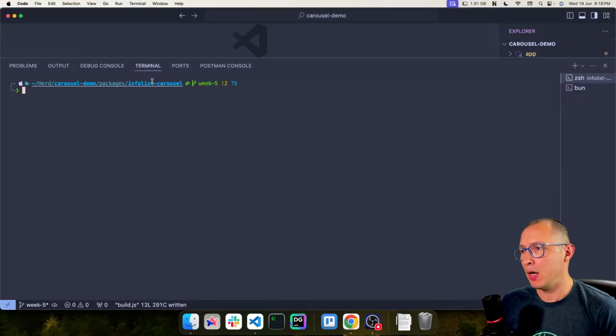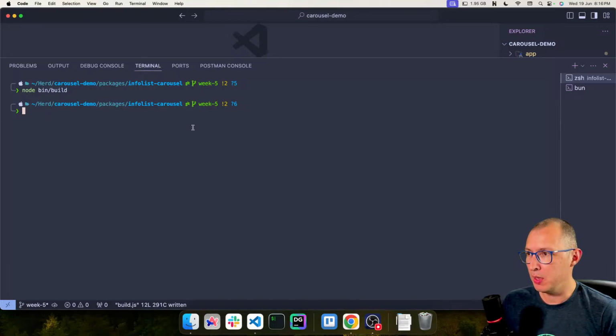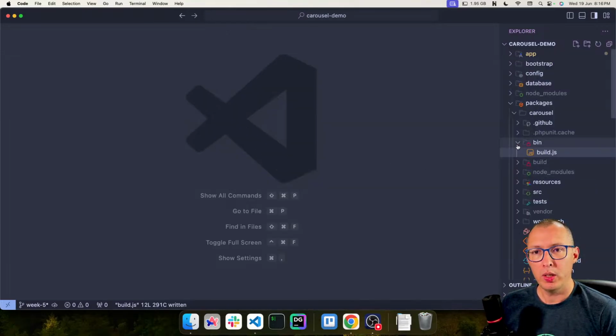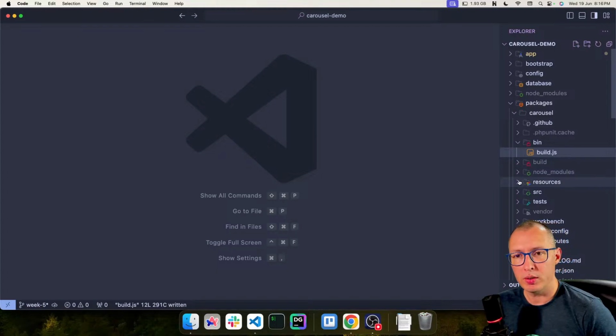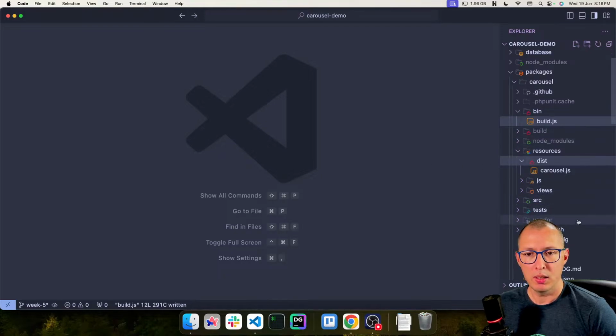And inside our Infolist carousel package, let's run node bin build. No errors, which is fine, which means that we now have inside resources a dist folder with our minified carousel.js, and like we said before,